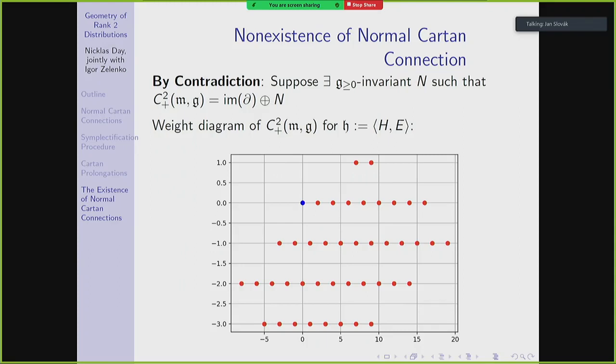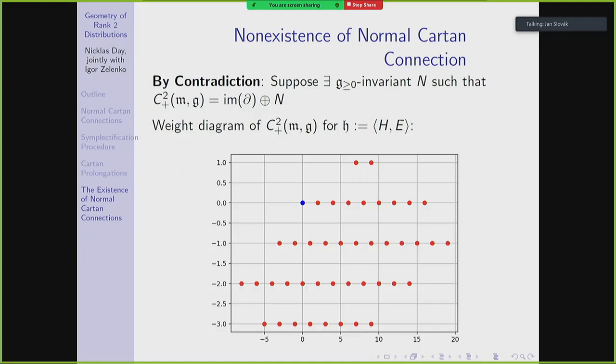And this Cartan subalgebra, basically both of these things are invariant under our Cartan subalgebra because n is G plus invariant, right? So we can do weight space decompositions here. Namely, I think the vertical axis is the E eigenvalues, the E weights, and the horizontal axis is the H weights. I can decompose this cochain complex in terms of those weight spaces, right? So each point here is a weight space, and blue is just the origin. I shouldn't have colored that blue, but blue is not special. Don't worry about the blue one.